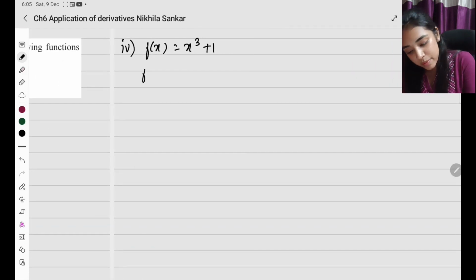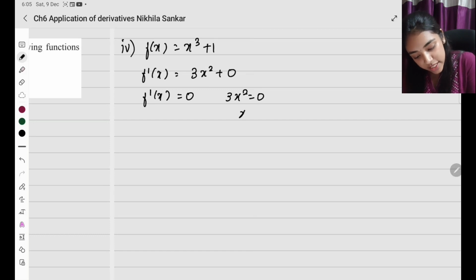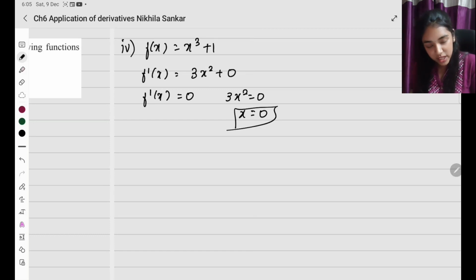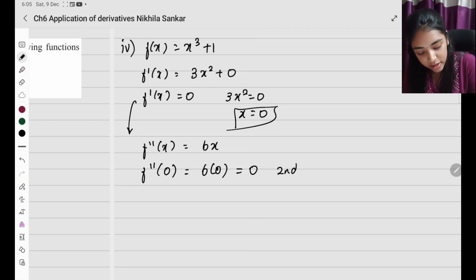So first step, first derivative. So f dash of x is going to be 3x square plus 0. So the next step is going to be equating f dash of x to 0, which means I have 3x square equals 0, x equals 0. So this is my critical point. Now I have to find my second derivative. So f double dash of x is going to be 6x. And when I substitute the value, f double dash of 0 is going to be 6 times 0, which is equal to 0. So the second derivative test